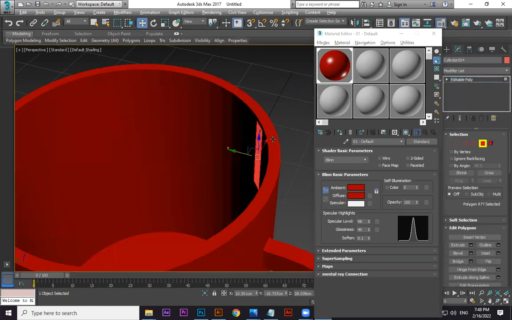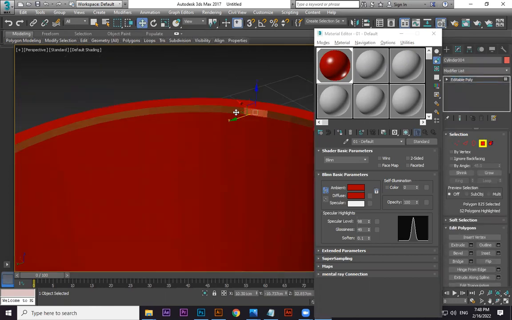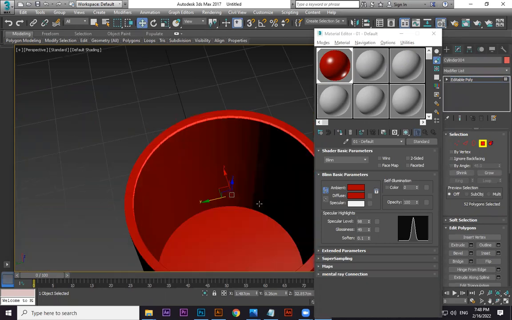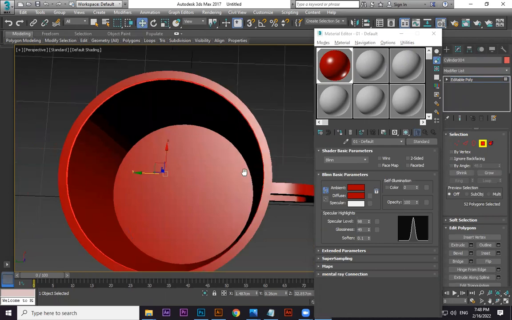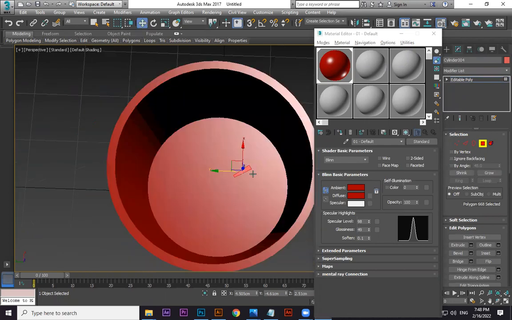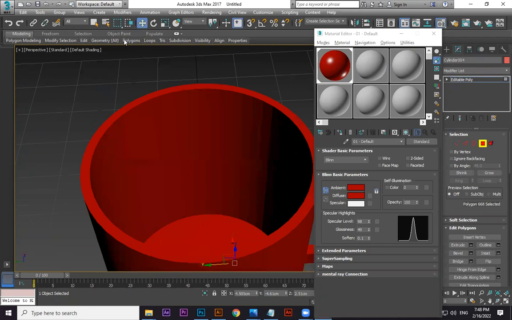Let's choose this. Shift and select. See, I want to select inside only. Okay. So there are a lot of divisions, so it is difficult for me to select now. Here, if you want, you can use your paint selection tool also. Paint selection means